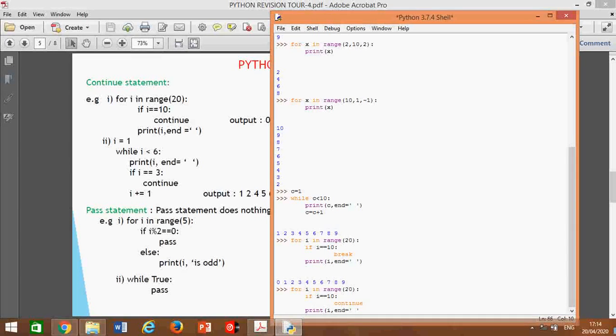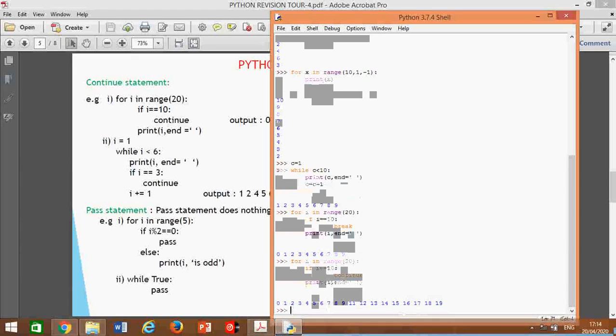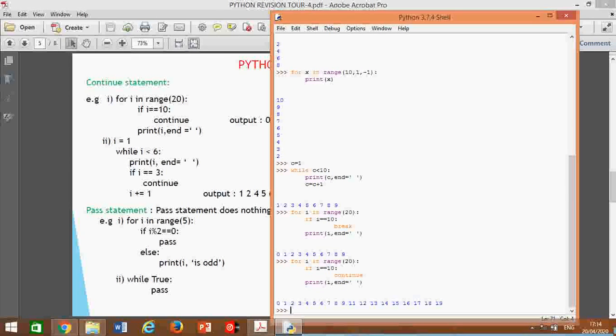Continue, okay. So let's see. Here you will see the output. After 9, 10 is missing. It means the value of 10 will be skipped. Okay, and you will get the output 0 to 9, then 11 to 19, and so on. This is the use of the continue statement. Okay,